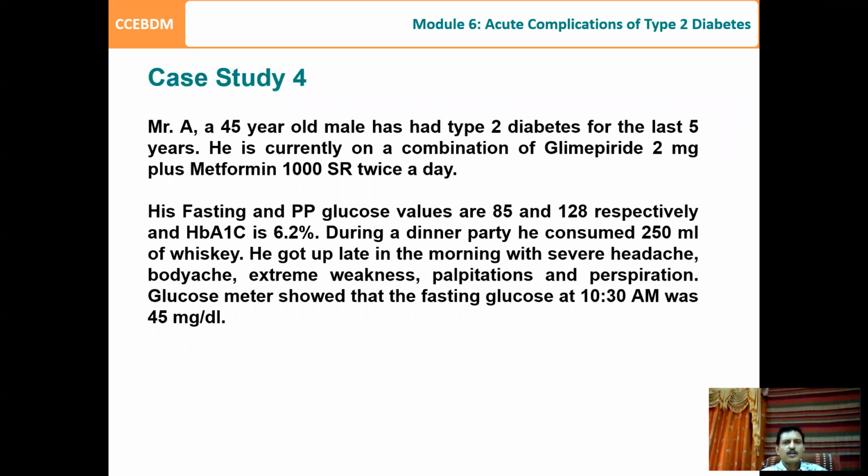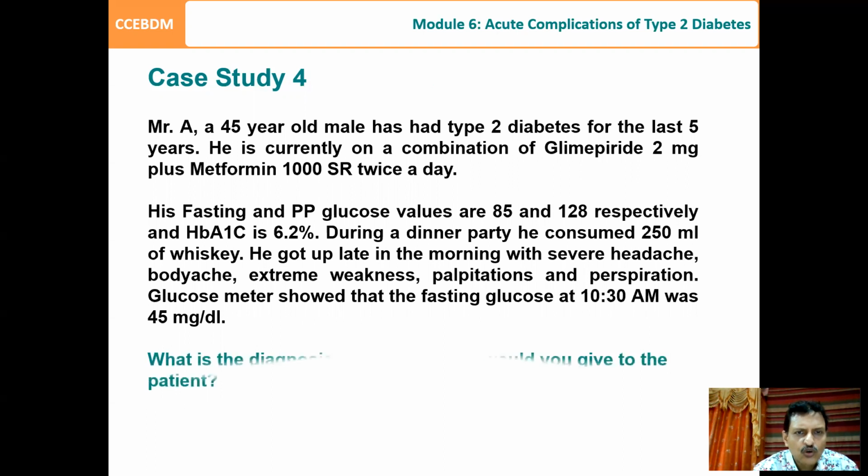He got up late in the morning with severe headache, body ache, extreme weakness, palpitation, perspiration. The glucose meter showed that the fasting glucose at 10:30 a.m. was 45 milligram per dl. So as you can see, this patient has developed hypoglycemia, and we should advise the patient,